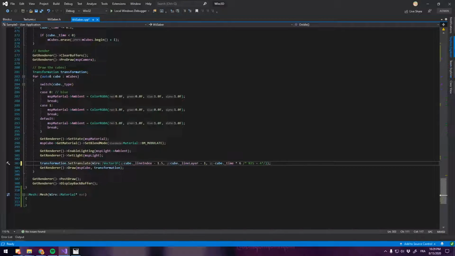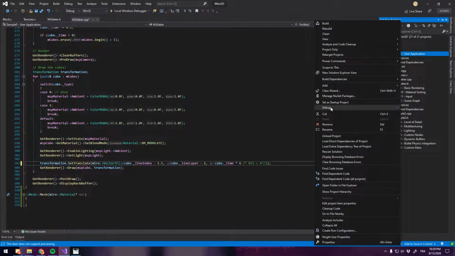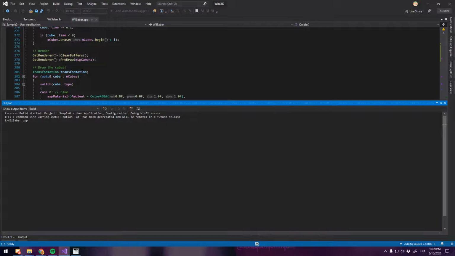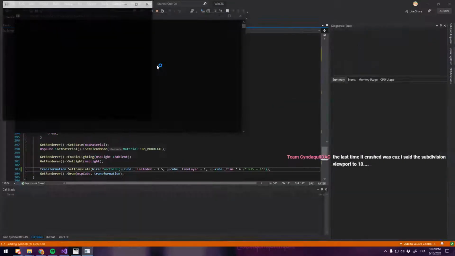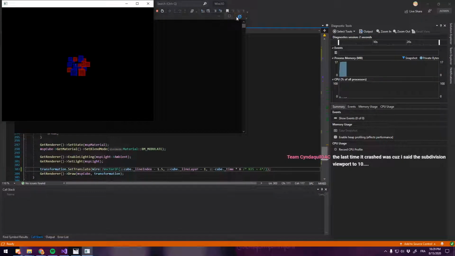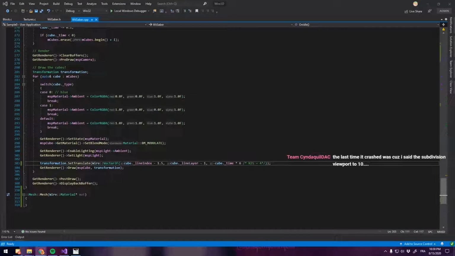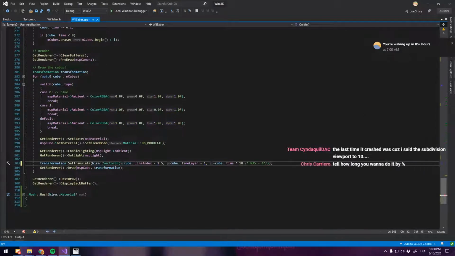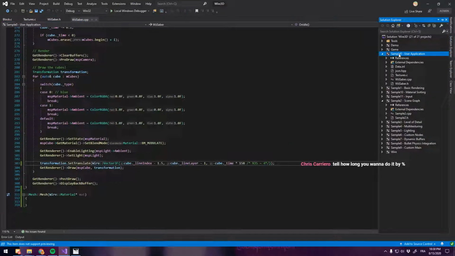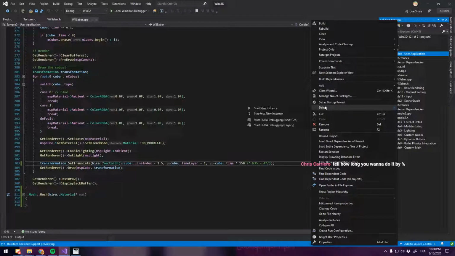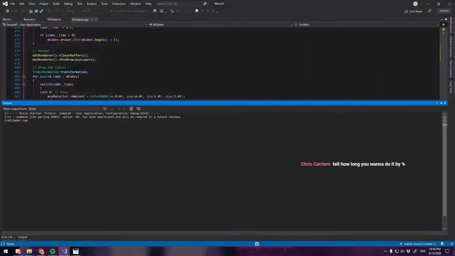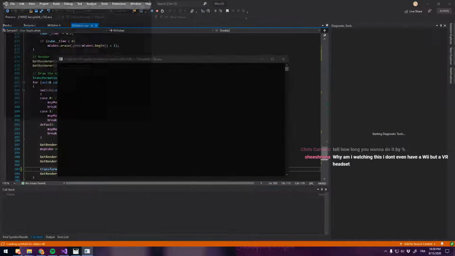We should make it faster. Let's make it like ×6. Yes. Let's try that. Eventually we'd have to read the beats per minute or something. But for now, make it really fast, okay? 10. No. 150. Now how long do you want to do it by percentage? I want to go 100%, but not in terms of recreating the graphics exactly. I just want to make it